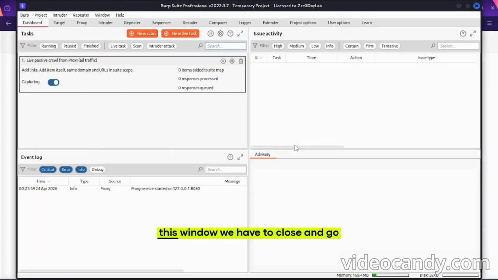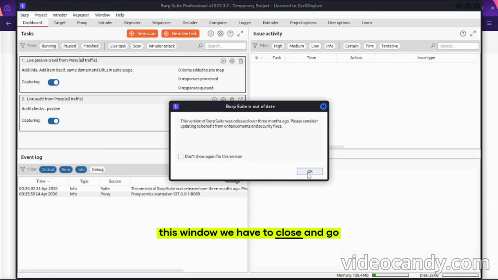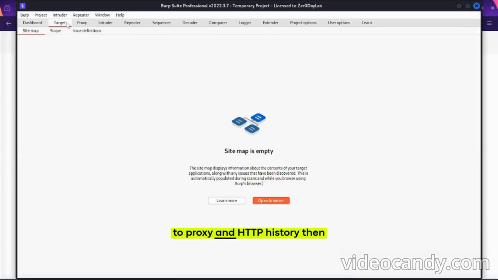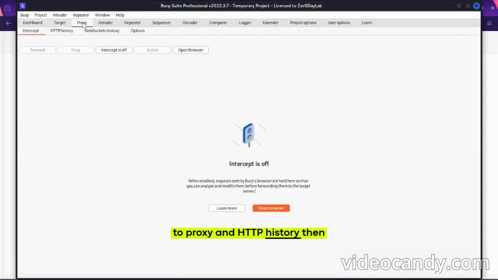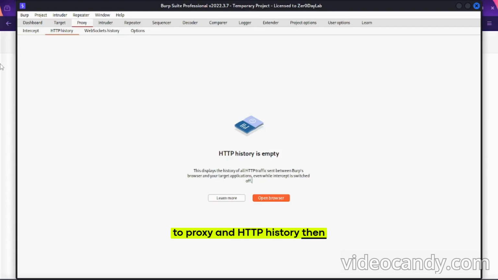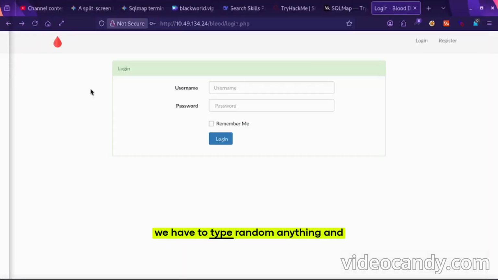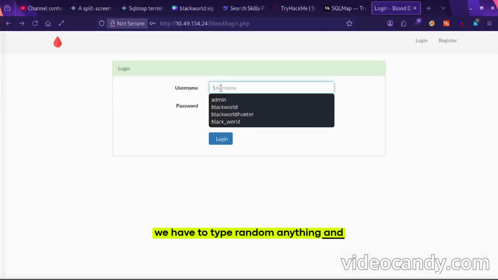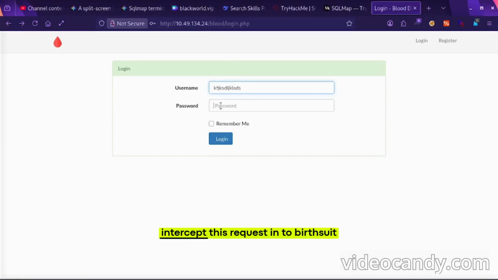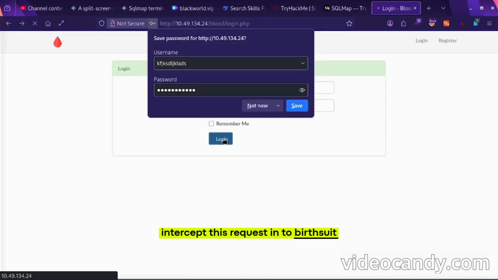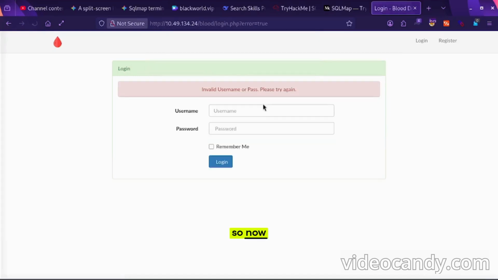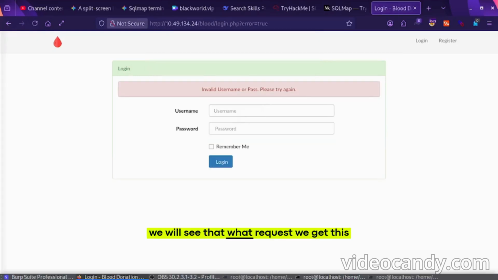Okay, this window we have to close and go to Proxy and HTTP history. Then we have to type anything random and intercept this request in Burp Suite. So now we will see what request we get.